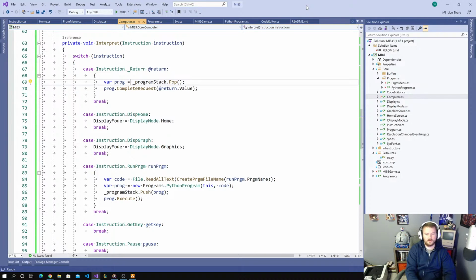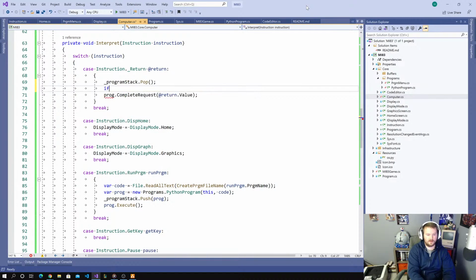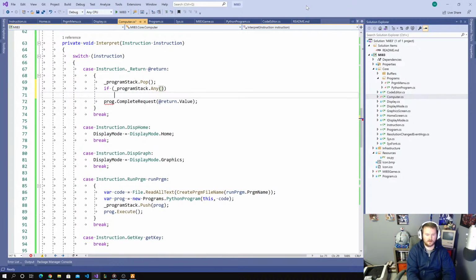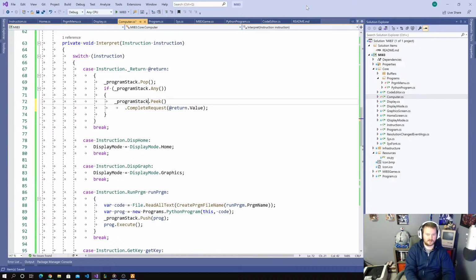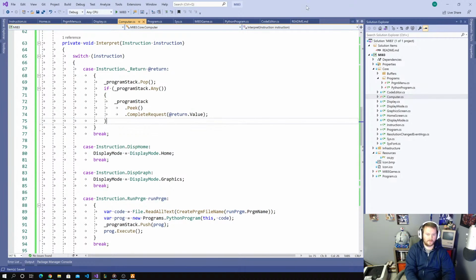So this does a pop, and then if program stack any, then it gets the top program and completes the request that it's had out. So instead of calling this request,